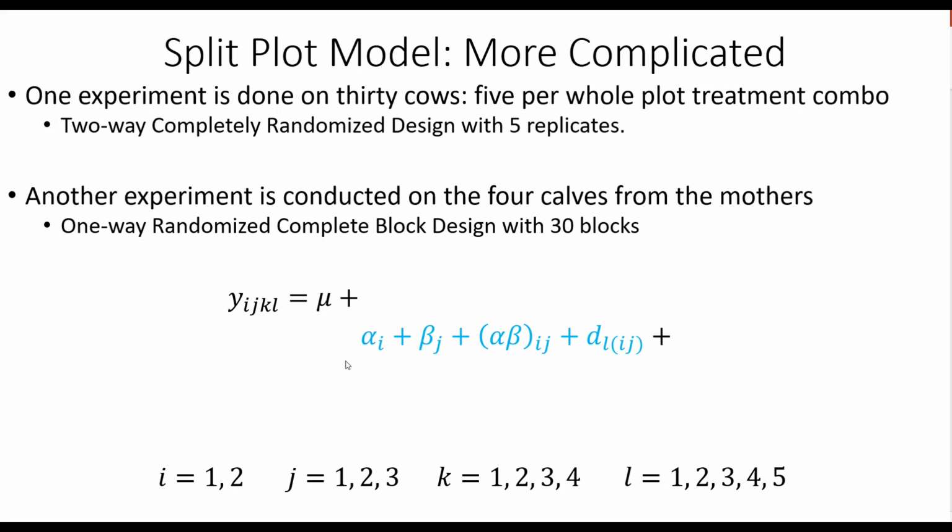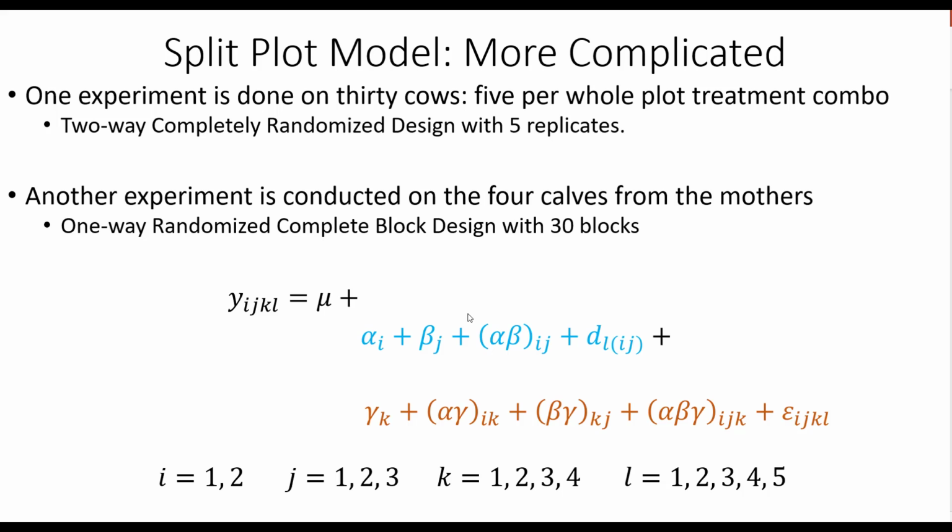So this would be our model if we were just looking at our two-way completely randomized design. Adding in a randomized complete block design for the growth hormone given to the calves from the mothers, this would be our effect of the block. Then we have our treatment effect for the growth hormone given, the interaction terms between supplement and hormone, the interaction term between diet and hormone, and then the three-way interaction term, plus the error terms that come from the calves